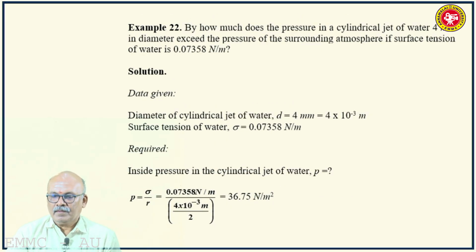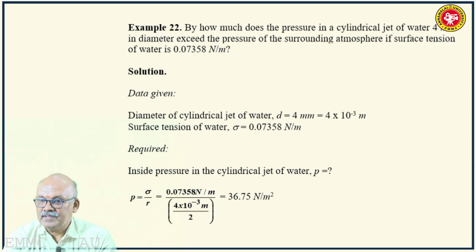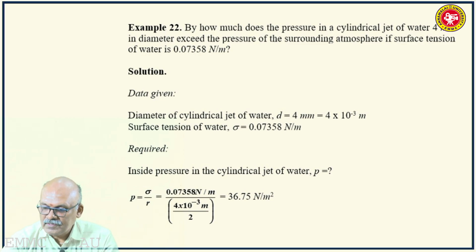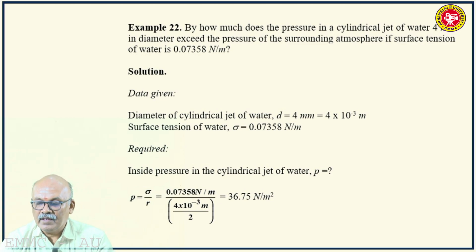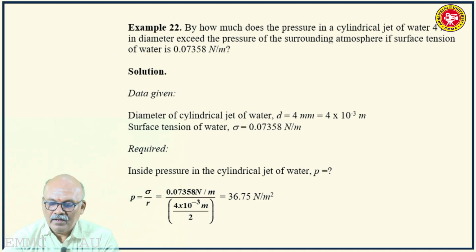By how much does the pressure in a cylindrical jet of water 4 millimeter in diameter exceed the pressure of the surrounding atmosphere, if surface tension of water is 0.07358 Newton per meter? This is a problem on surface tension. For a cylindrical jet, for a liquid jet which is cylindrical in cross section, we have already derived